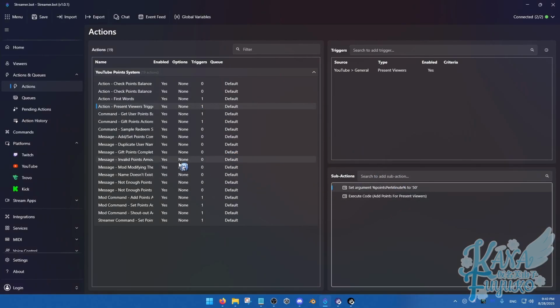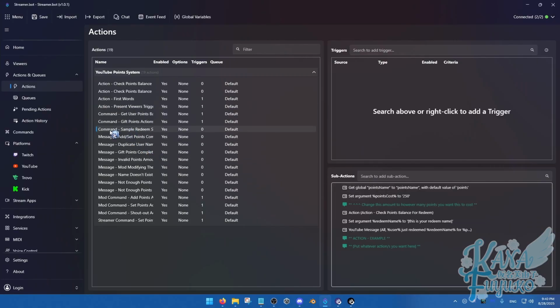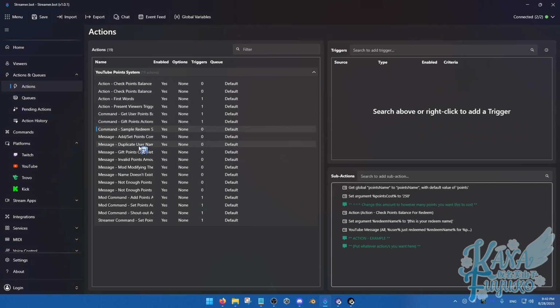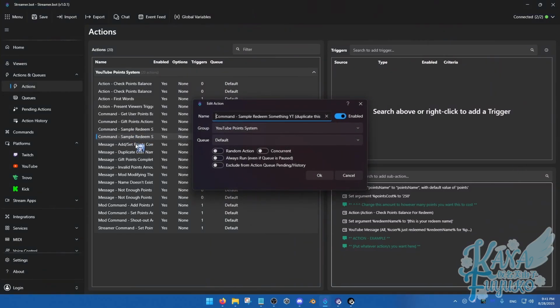And then what you're going to do now is that there is a sample redeem right here. There's command, sample redeem, looks like this. And it says for you to duplicate it because this is where you will then set up whether VNyan or Warudo redeems for YouTube. So Control D, there's a second one here. We'll double click this and rename this to whatever. Let's say we want this to be the throw plushies for both, like either VNyan or Warudo, whatever it's going to be. So we'll name it redeem